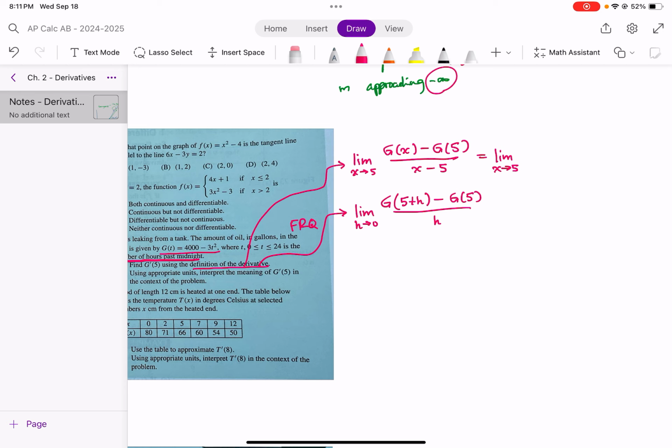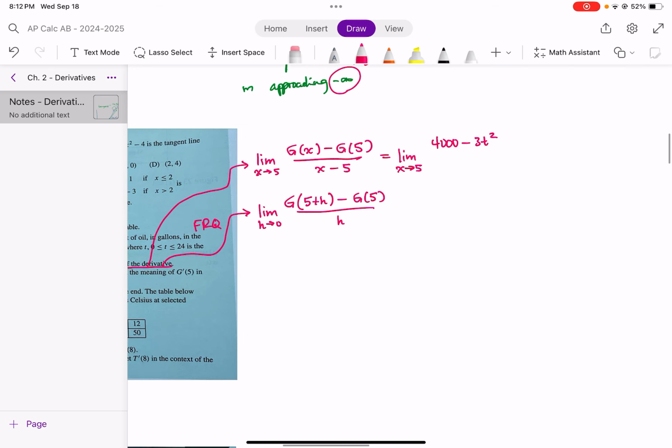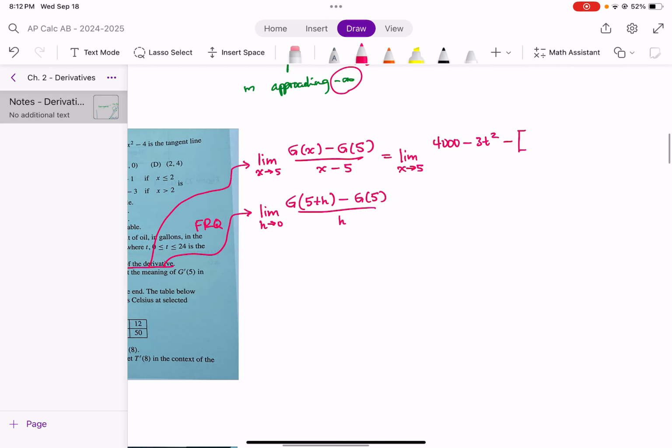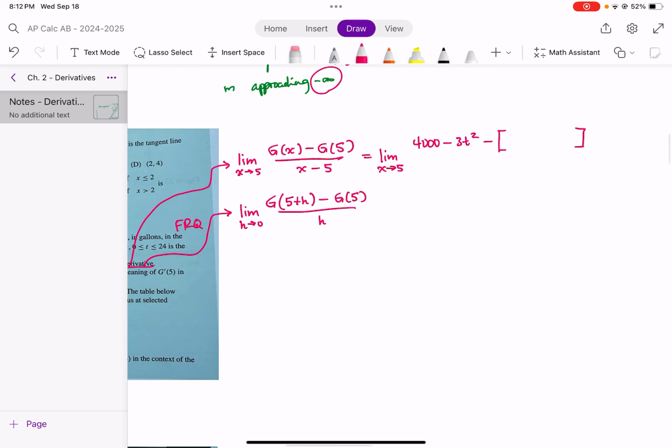X approaching 5. G of x is 4,000 minus 3t squared. And then I have minus, make sure to put big parentheses here, for g of 5. So when I plug in 5, I should probably calculate this value. So this is going to be 4,000 minus 3, looks like times 5 squared, which is 25. Okay, so that's 4,000 minus 75, which is 3,925. Okay, so minus 3,925. All divided by